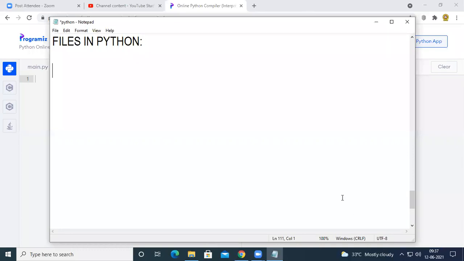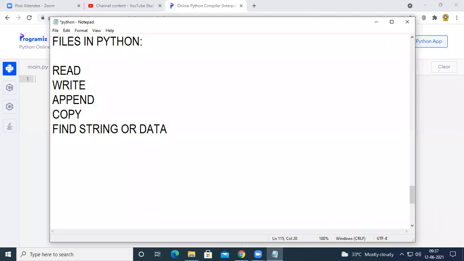We can read the data from the file, write the data into the file, append the data, or copy the data from one file to another file, or find whether a given string or given data is present in the file or not. So these are the different operations which can be performed on files in any programming language.